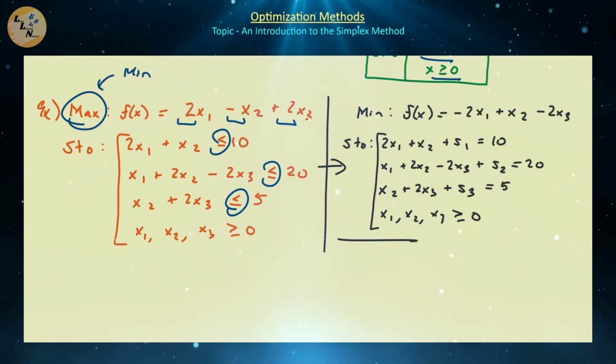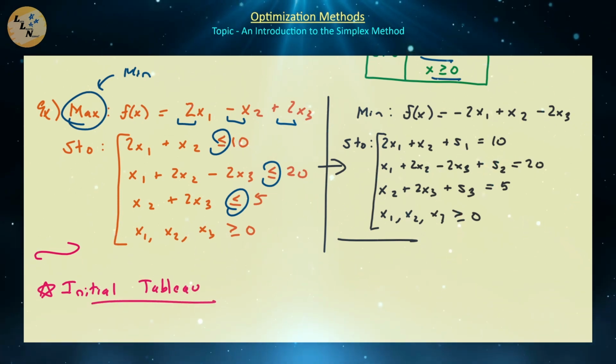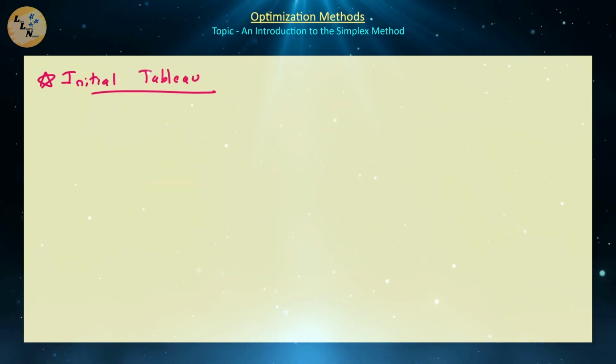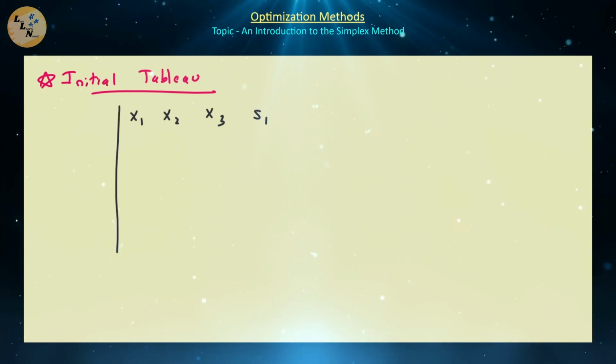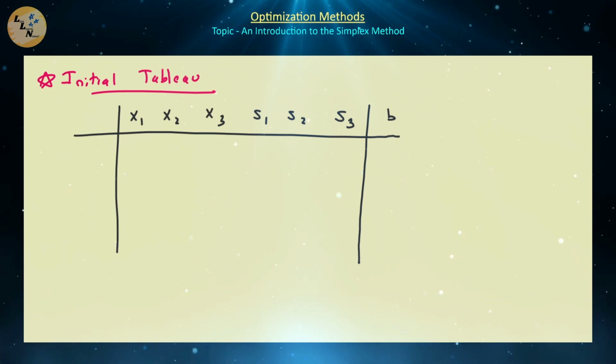Once you have it in standard form, the very next thing you should do to start off the simplex method process is to create what we will refer to as the initial tableau. So the initial tableau for the simplex method is going to be set up as follows. We're going to have our x1, x2, x3, s1, s2, and s3. Those are all of the variables in our decision vector x. And then we're going to have our b column located there. And over here we're going to have our basic variables,